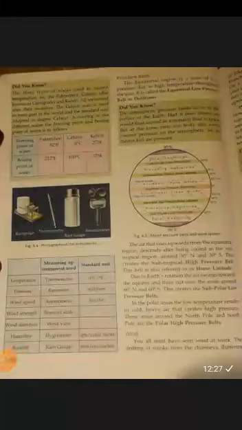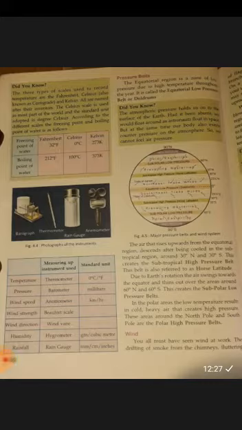Let us continue the chapter. We were studying about the different elements of weather and climate. So we studied about temperature, air pressure, and let us now know about pressure belt. The equatorial region is a zone of low pressure due to high temperature throughout the year. It is called the equatorial low pressure belt or doldrums.